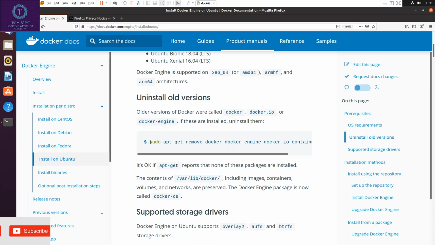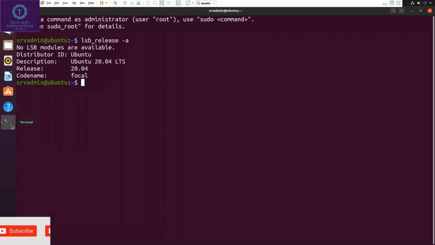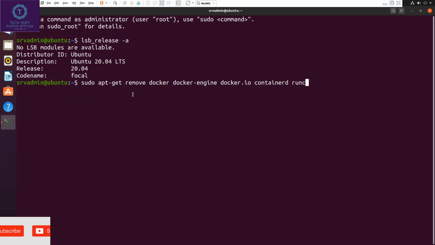Next command is to check the Docker engine, if there is any Docker engine or container running in the system. The command is sudo apt-get remove docker docker-engine docker.io containerd runc.